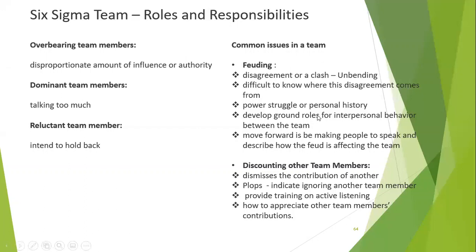First, you fix a ground rule, and second, you talk to the people and make them understand why they have to accept or adjust with the team. If you are not able to do it, you have to take a course of action and change your team member. That's the final, last way. But before that, we have a lot of ways to correct the team member.